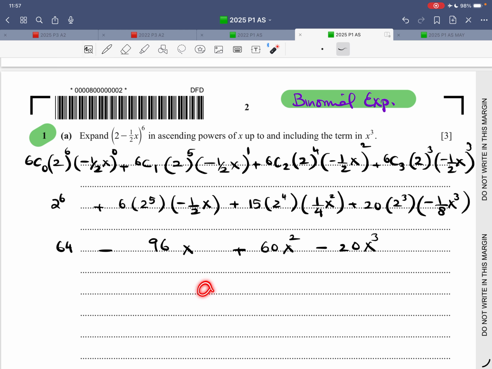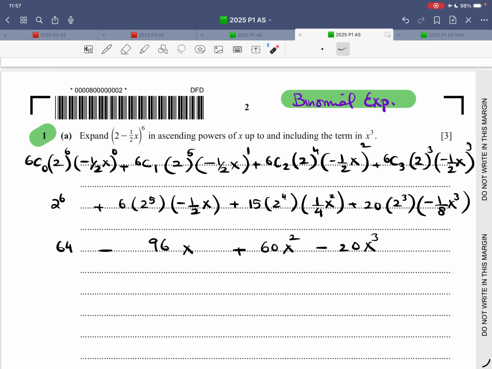Binomial expansion of the form (a + b) raised to the power of n. Remember the formula. It's also written in the formula booklet. When there is a negative sign in the middle, the sign alternates. Take care of the positive negative sign, simplify everything, write everything down, show all possible workings so that you get